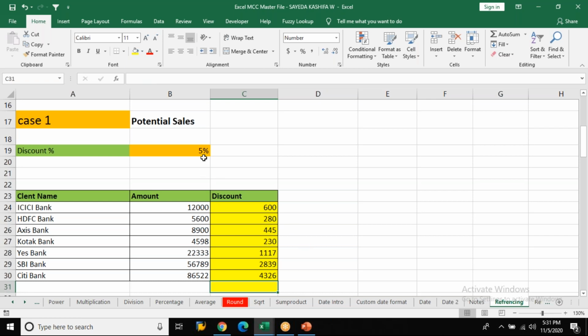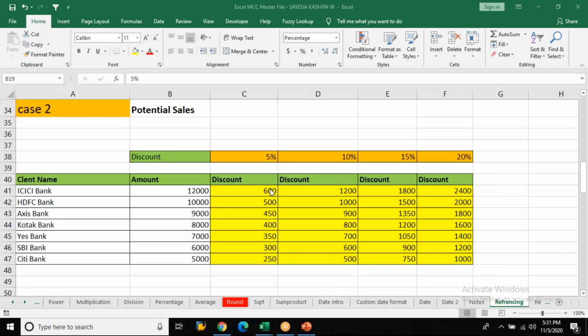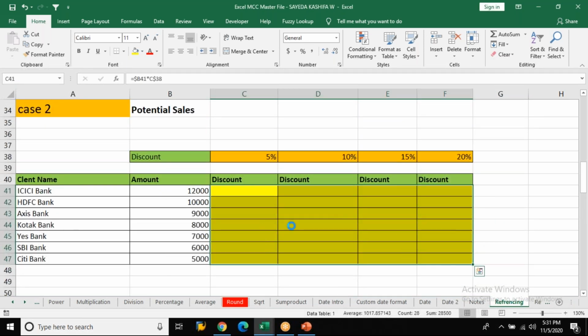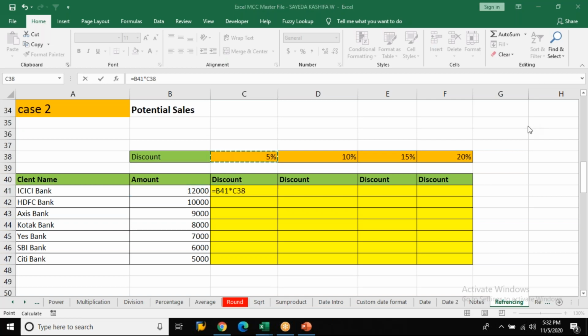So this is absolute. What about mixed? In case you want to go only on the column side or only on the row side, means you are allowing only one place to move, then you get a mixed reference. Here it is always fixed. That is what is your next example over here. So now tell me an example from you guys. Now 12,000 I should multiply it by 5%. 12,000 I should multiply by 10%. That means this one I can make it to move from one column to another column to another, but the row should remain fixed. So that is nothing but 12,000 multiplied by 5%. Now what should I do to C38? What should be the syntax for C38?